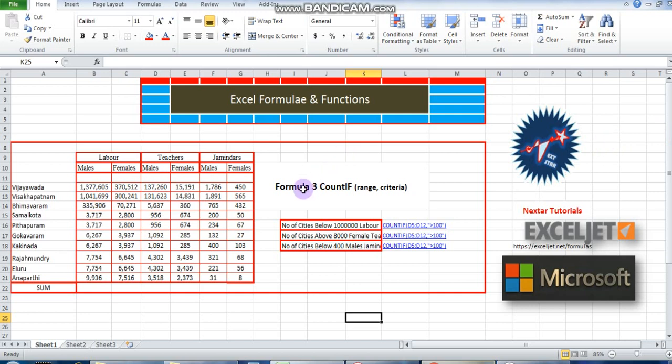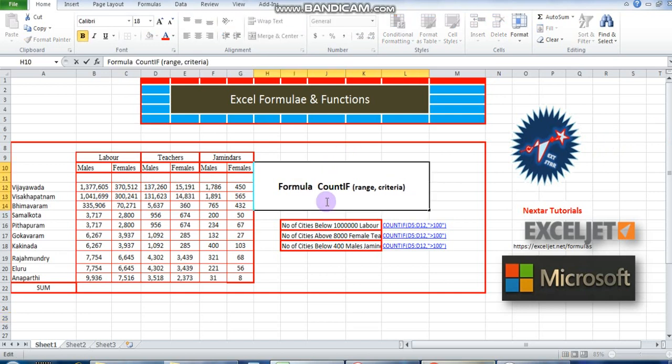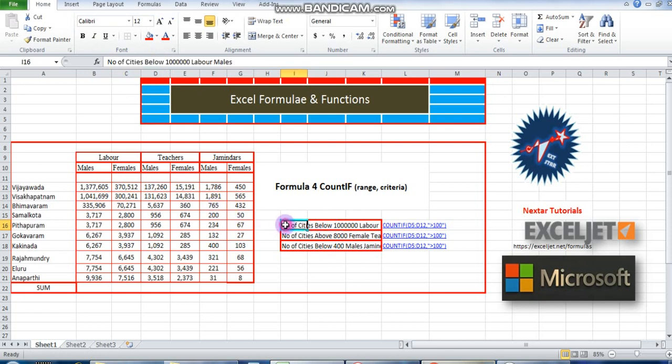Now the formula number 4 is COUNTIF. COUNTIF takes a range and criteria, and counts how many entries there are matching the criteria. So now our criteria is something like the number of cities below 10 lakh labor. If we want to calculate the number of cities below 10 lakh labor males, we will write labor males,